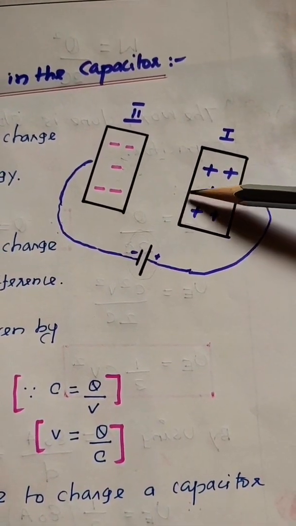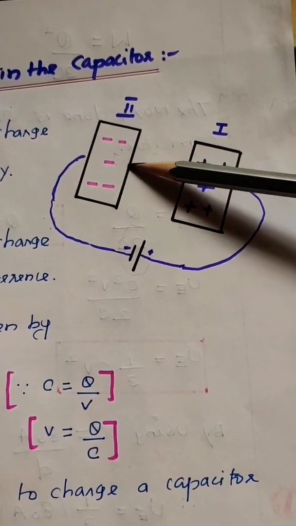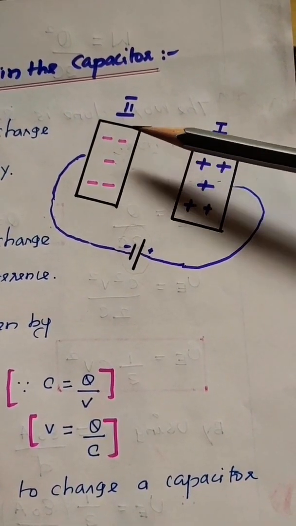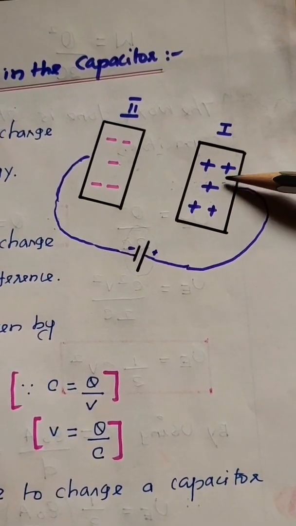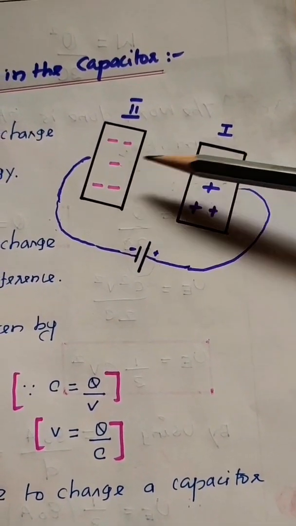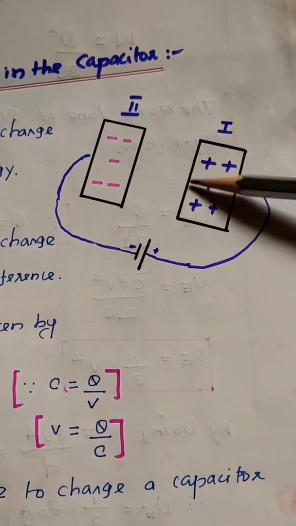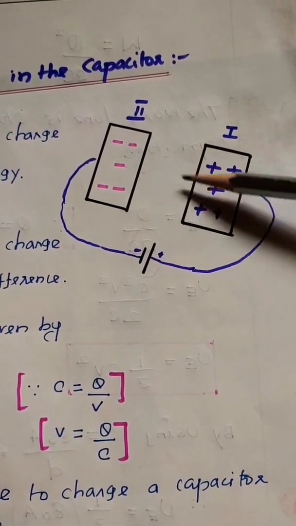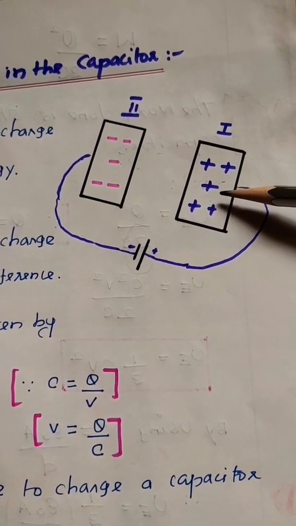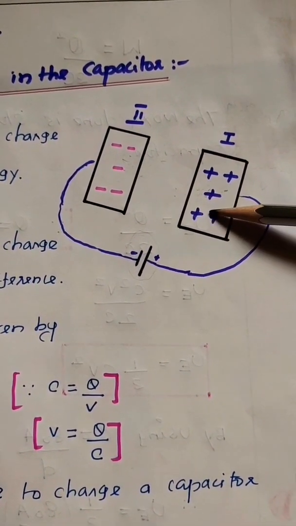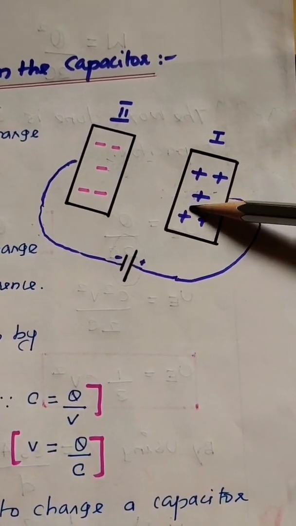According to electrostatic induction, there is no physical contact between the two metal plates. Due to the induction, plate 2 acquires negative charge due to the positive charge. So the positive and negative charges are equal in magnitude and opposite in sign. Here this one is taken as negative and this one as positive. Okay, good. So look at this diagram carefully.